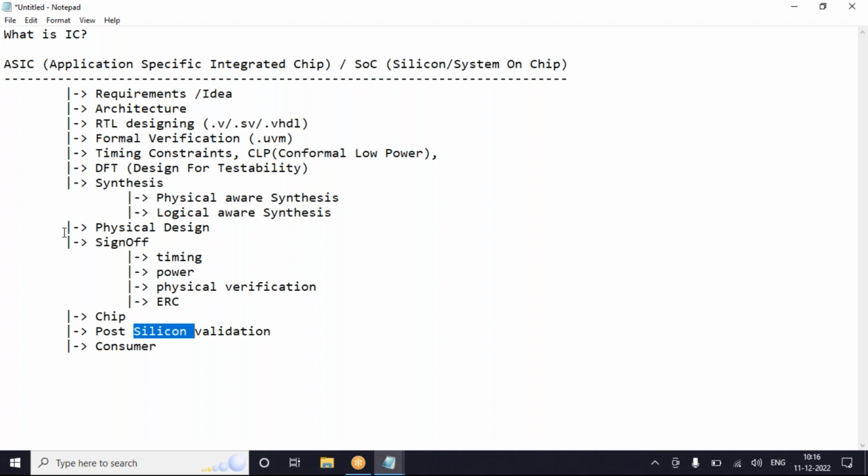Or let's say if there is any advancement required with respect to functionality, there might be an update from the physical RTL as well. Only small feature additions will be there. No large advancements will be provided. Post silicon validation, if it is successful, it goes to the consumer. If it is a failure, then it will be passed back to the equivalent team and they will try to advance it. Clear so far?